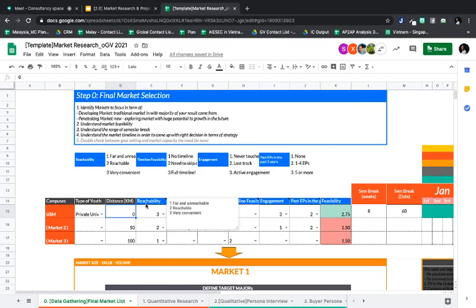For example, if you mark one, it means it's really far and unreachable. The second is reachable, which means it's a bit far but you can reach it. The third is very convenient, which means it's really near, you can travel 5 minutes. Then the second factor is the state, whether it is a developing market or a penetrating market.